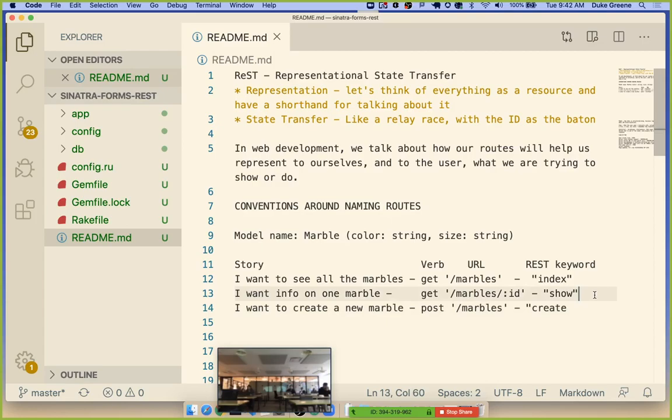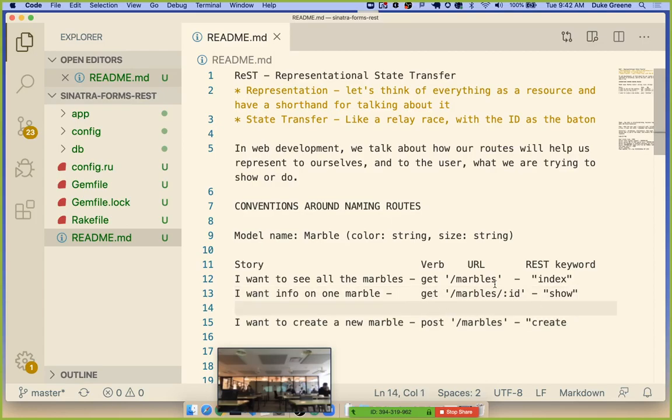I want to make a little bit of space here, but as I've made this space, let's consider that the URL here is exactly the same, right? The only difference is the HTTP verb, but in fact, that's a huge difference. If up until this point, all that you've been thinking about when you think about a route is the URL, it's time for you to understand that the URL and the verb are intrinsic parts of putting a route together